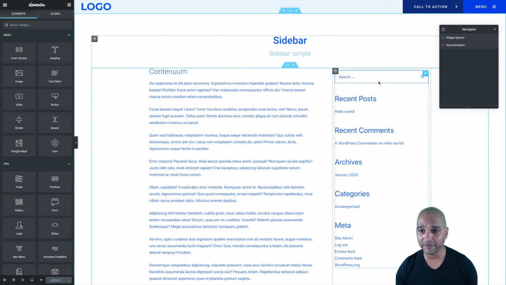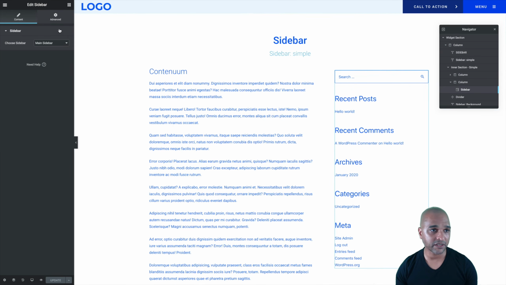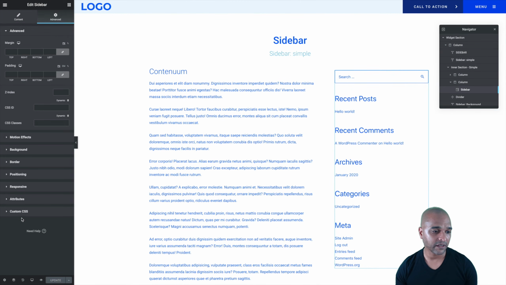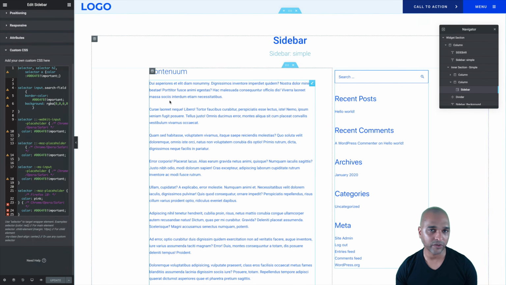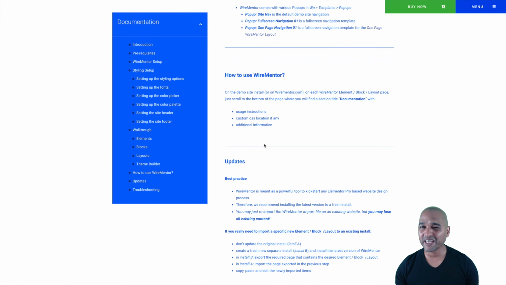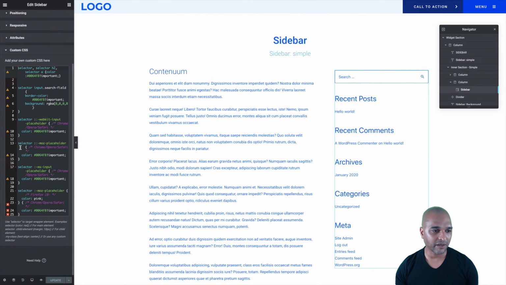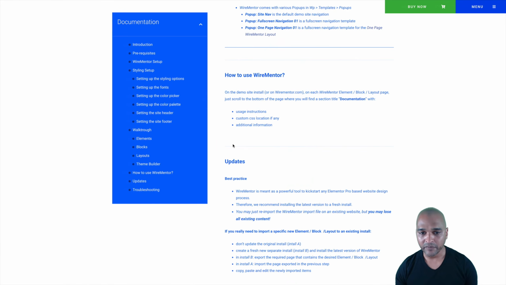So it's at widget level, so I'm just going to click on the widgets, go to Advanced, Custom CSS, and here I have the CSS code. So there is actually very little CSS. This is the one that has the most CSS on the whole of Wirementor,